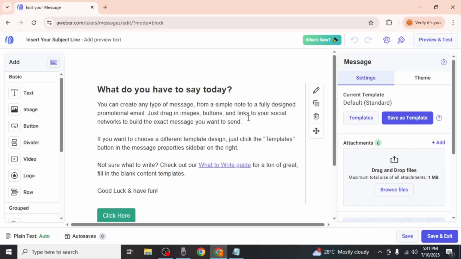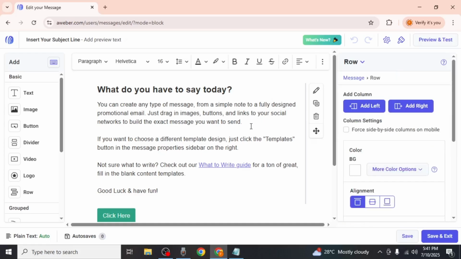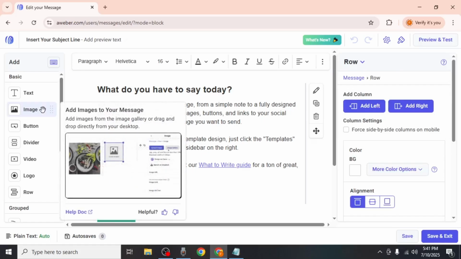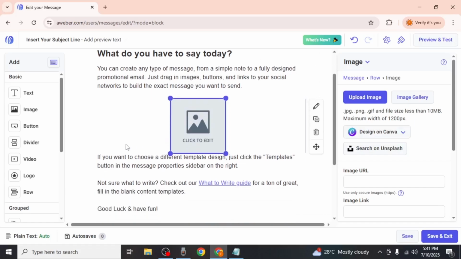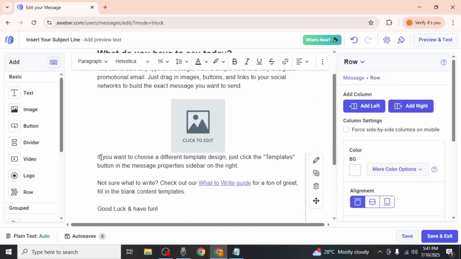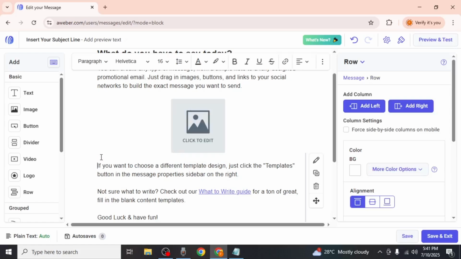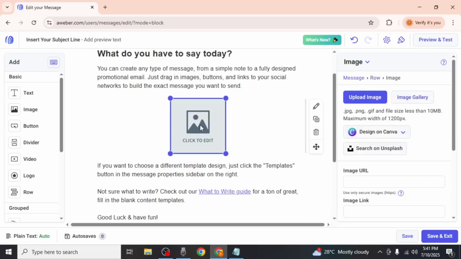Decide where exactly you want to insert your image. When you've picked the spot, look to the left side menu and find the image option. Simply drag and drop it into the place you've chosen. If you'd like, you can create more space above or below by hitting Enter on the lines before or after the image block. When the image block is in place, click on the image symbol and then select Upload Image